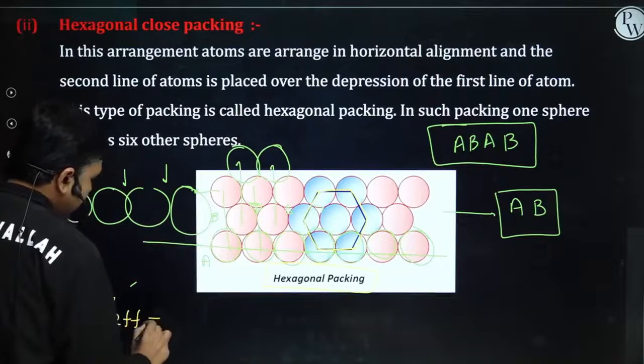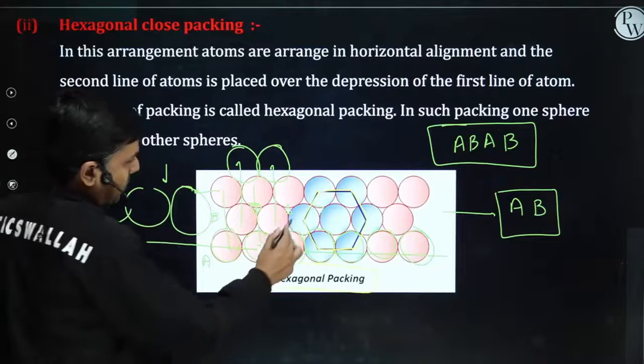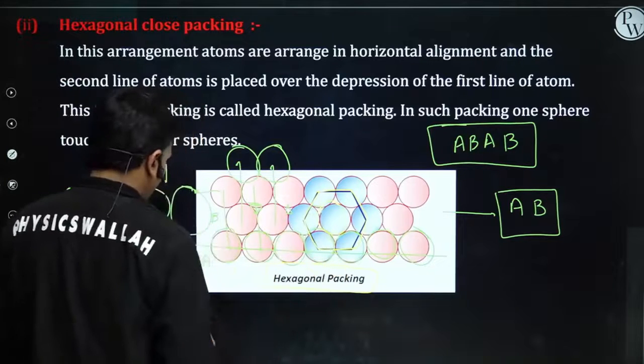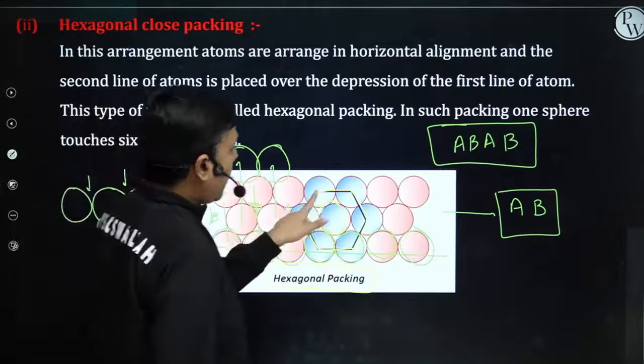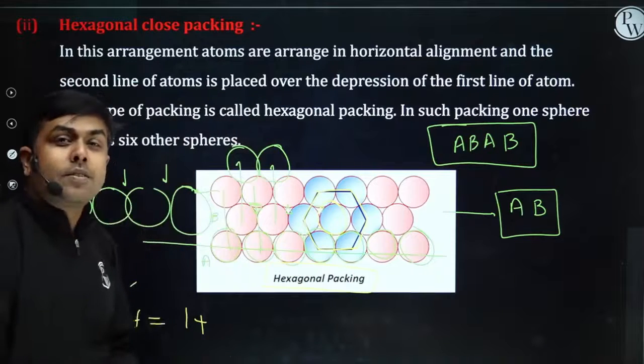Z effective. Let's first of all focus on Z effective itself. This one atom exactly lies inside this unit cell. So 1 plus 1, 2, 3, 4, 5, 6. 6 atoms